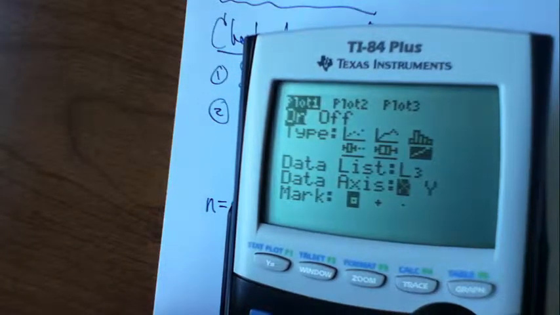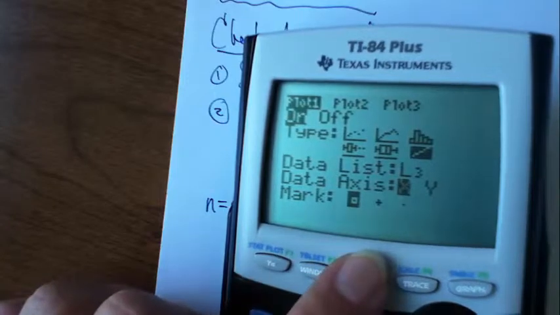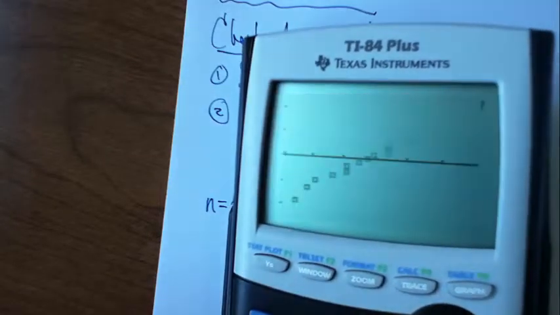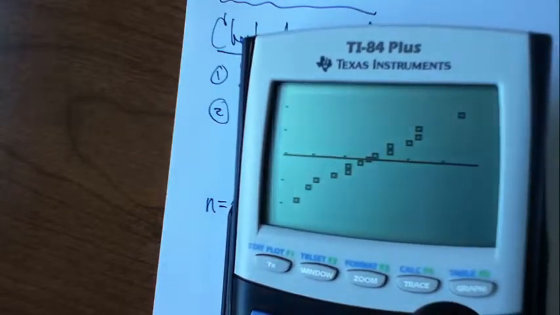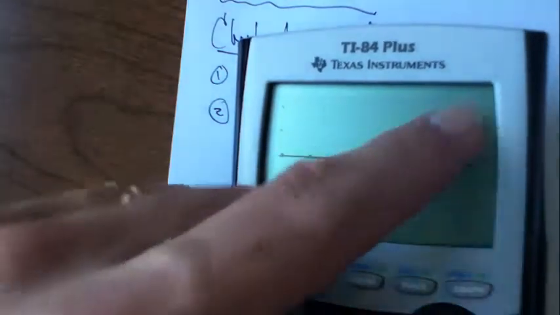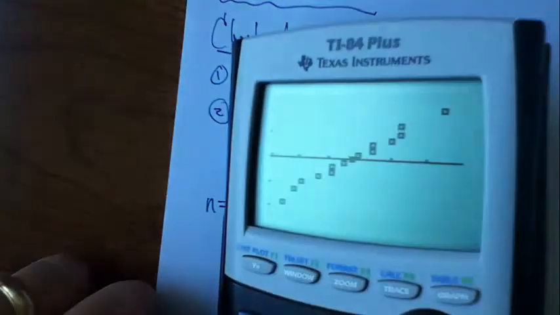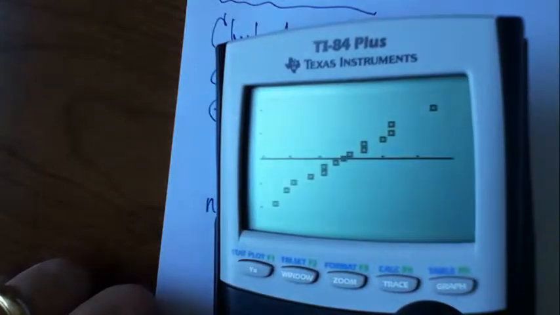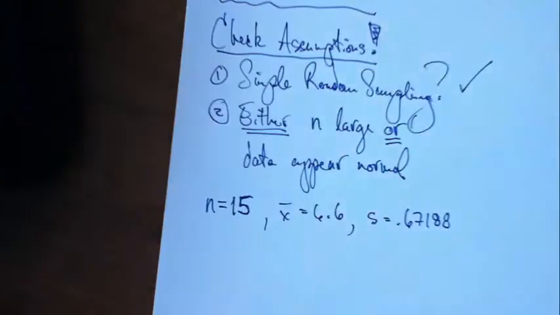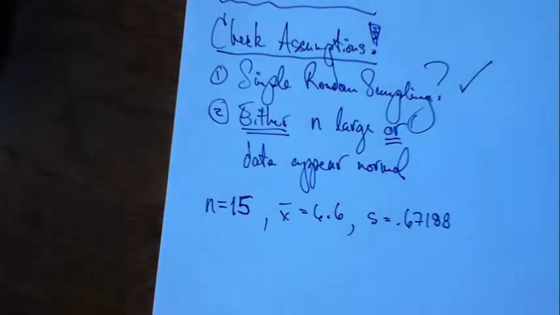Okay, so good. I'll hit zoom 9. So if this is sort of linear, then we're probably in okay shape. And yeah, it is. That sort of looks straight-liney. So I'm going to say that my assumptions are reasonably satisfied. Okay, because